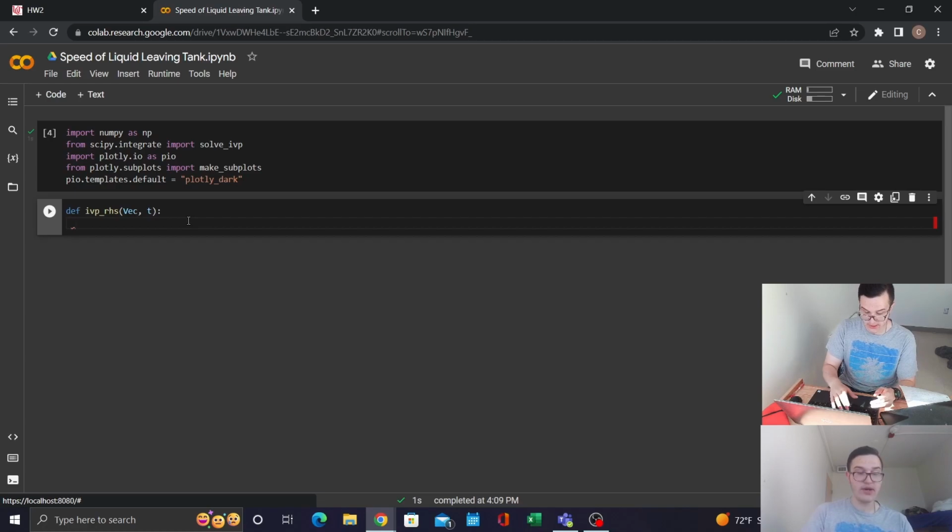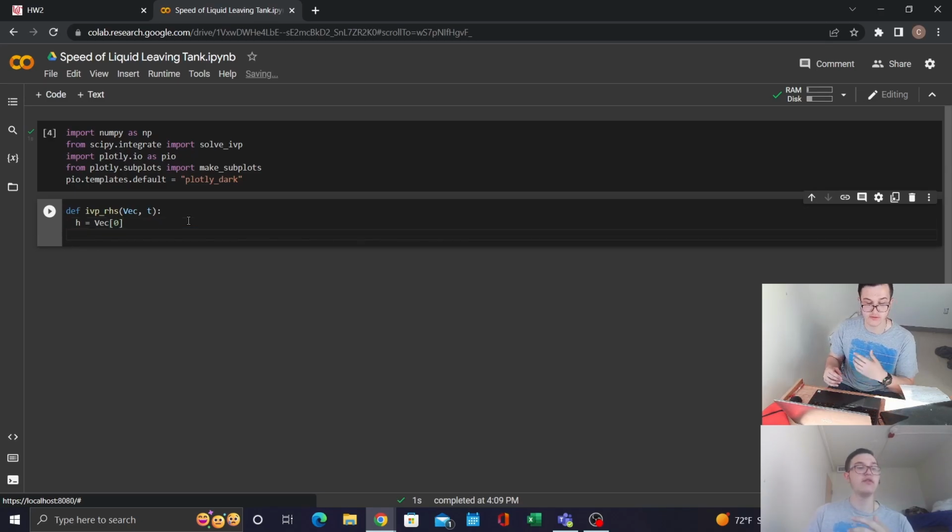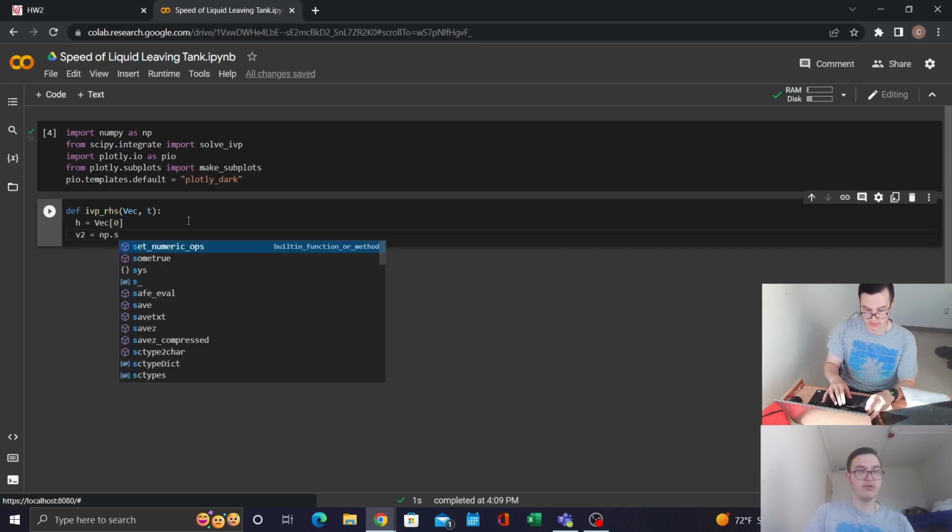All we need here is height, so h will equal vec[0], i.e. the first value and the only value in vec, the vector variable. And then v2 is equal to numpy dot square root